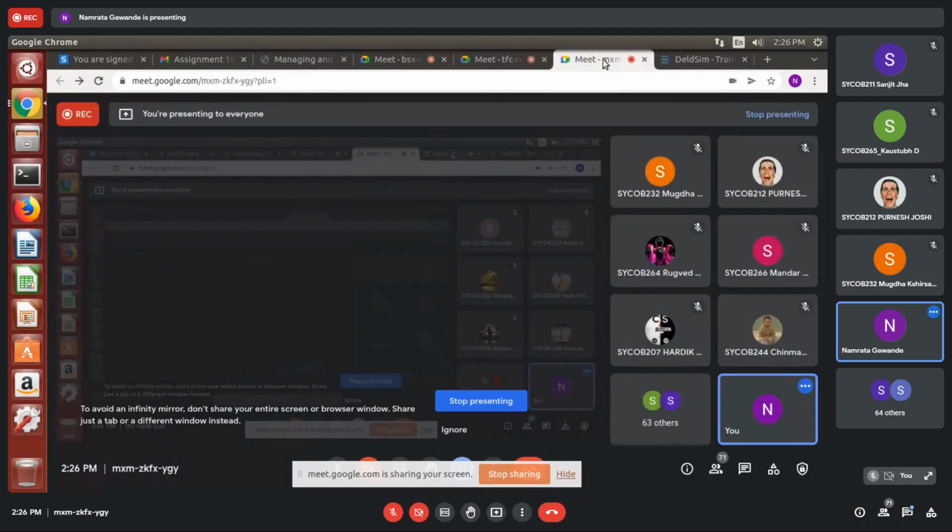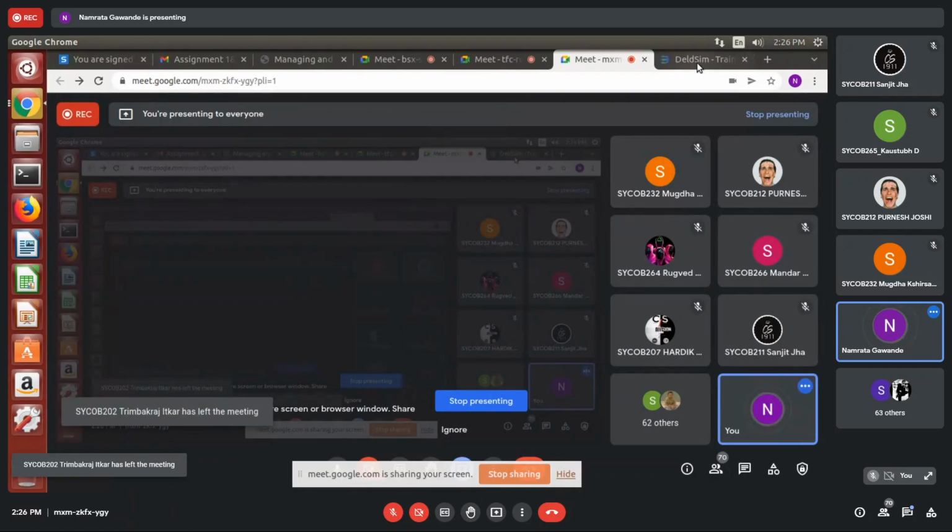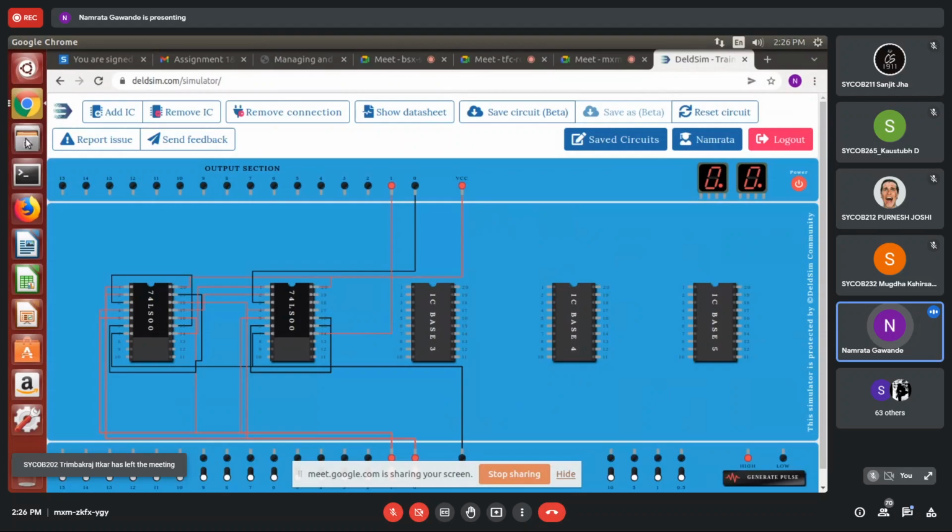Yes, ma'am. If you are having any doubt about the circuit, don't implement it directly; first send the circuit to me. I will also share the circuit diagrams of half adder, full adder, half subtractor, and full subtractor with you. With half subtractor, it's not a major change. Only one condition will change, that I will show you.